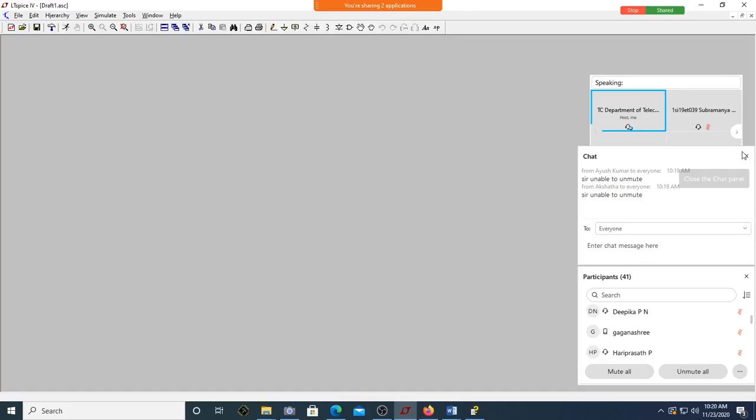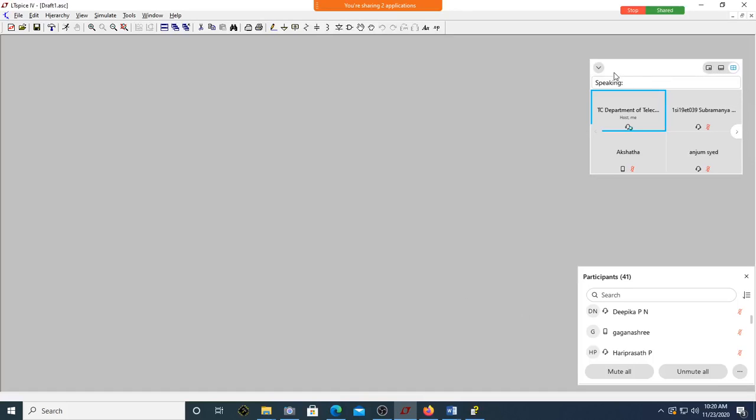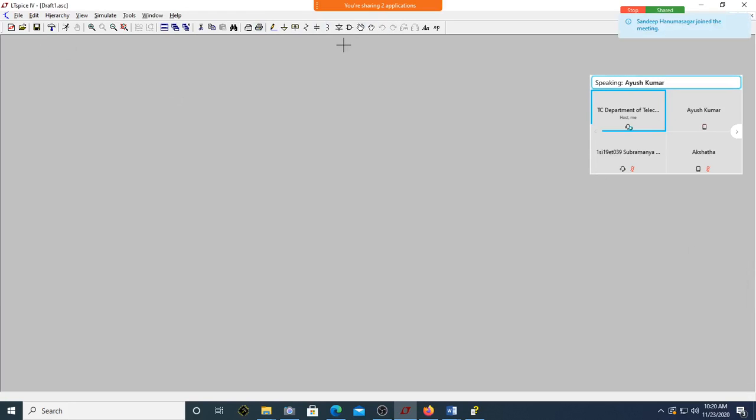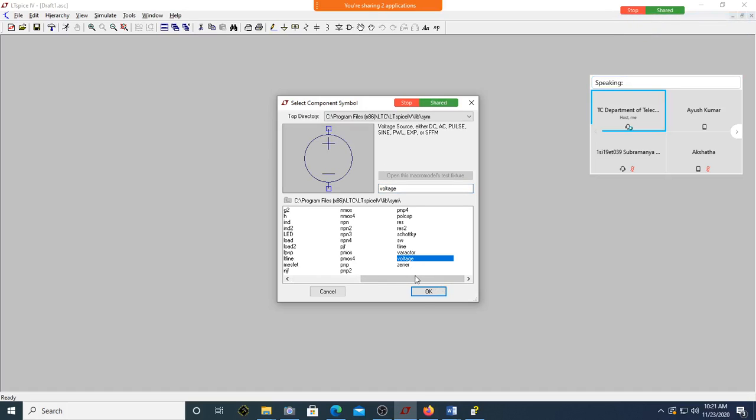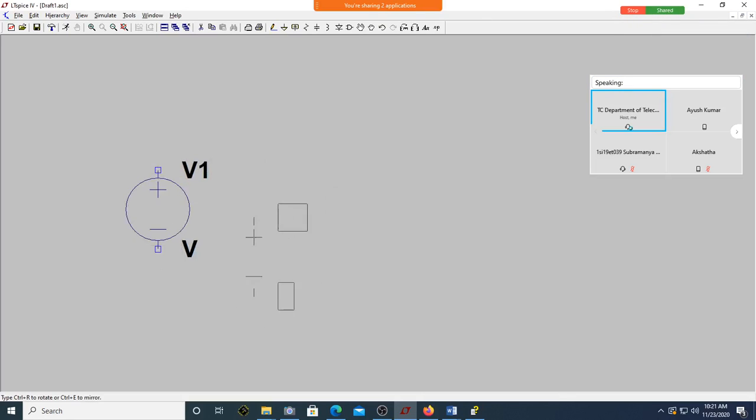Now we'll start with simulation of rectifiers and regulators using LT-Spice. Okay, let me take the source. Unfortunately, we don't have a transformer, so let me take the secondary voltage of the transformer, which we want to have as